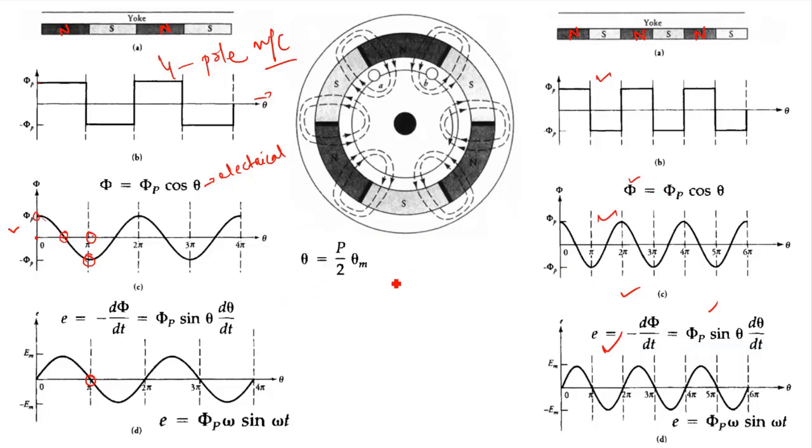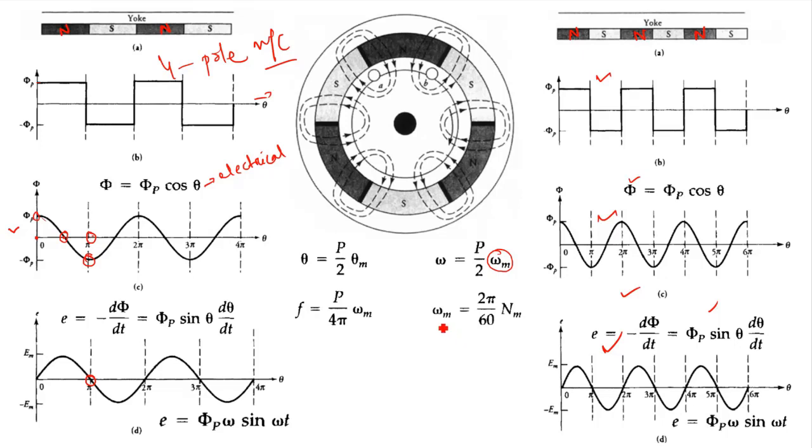Now your θ is equal to P by 2 θm, and similarly if I take the derivative of this, it will become ω, that is the electrical angular speed, and on the right side it will become P by 2 ωm. This ωm is the rotation of the rotor, right? Angular speed of the rotor in mechanical radian per second. And similarly, if we find the frequency from this, by converting ω into 2πf and dividing by 2π,